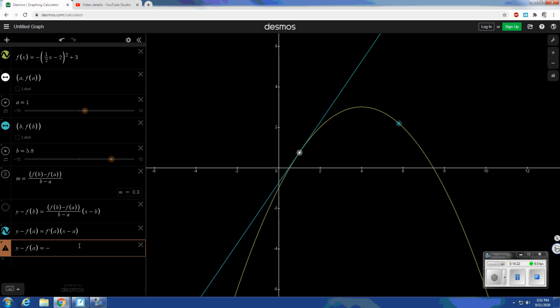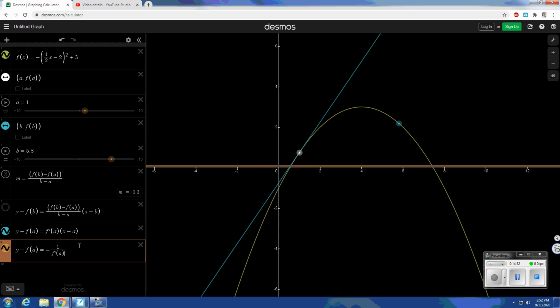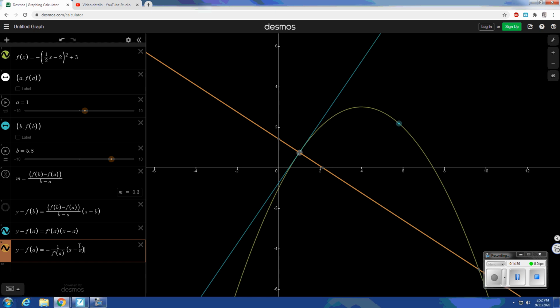So we're going to do negative, and we're going to take the reciprocal, which is 1 divided by f prime of a, x minus a. And here we can see that this orange line that has now been added does in fact run perpendicular to